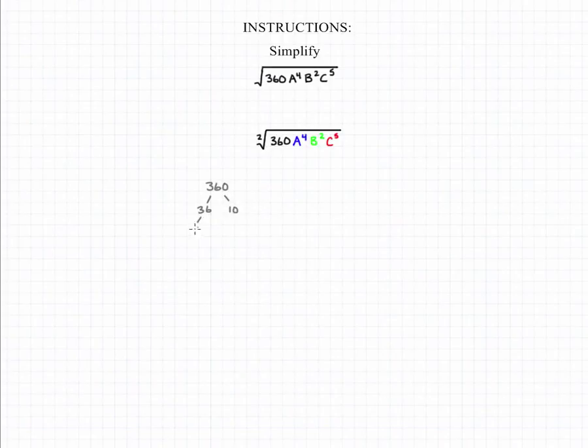So 360 can be factored into 6 times 2 times 5. And a to the fourth can be factored into a squared and a squared, giving us a pair. B squared can be factored into b and b, which gives us a pair. And c to the fifth can be factored into c squared and c cubed, which can then be factored into c squared and c. So we can rewrite this entire root as 6 times 2 times 5 times a squared